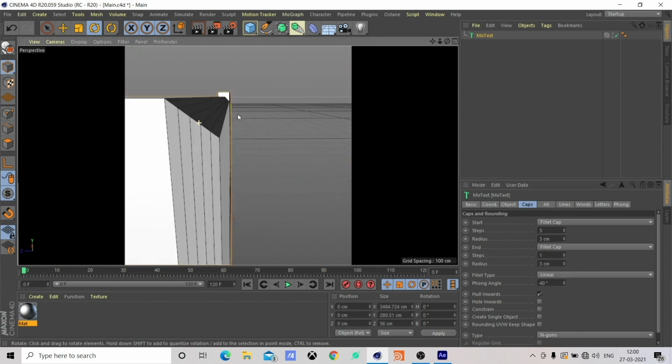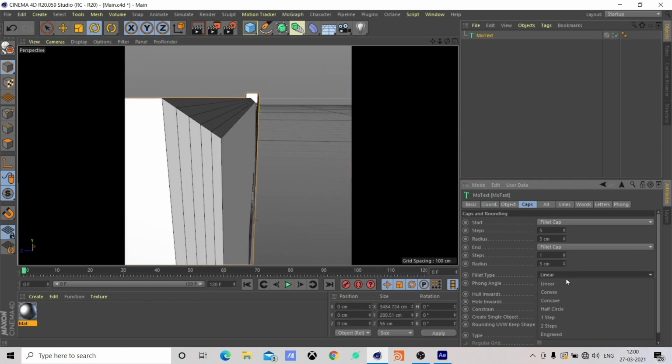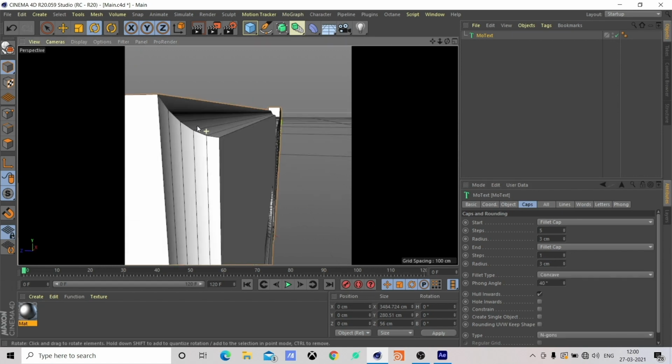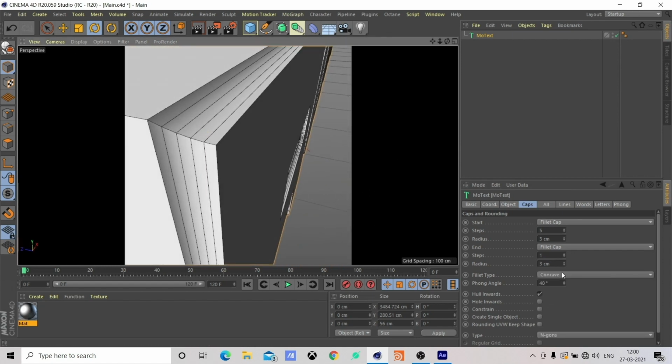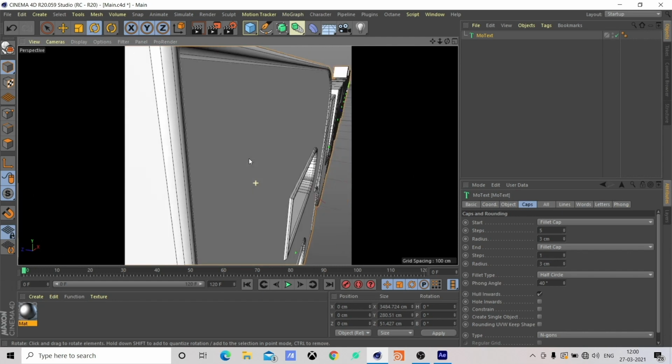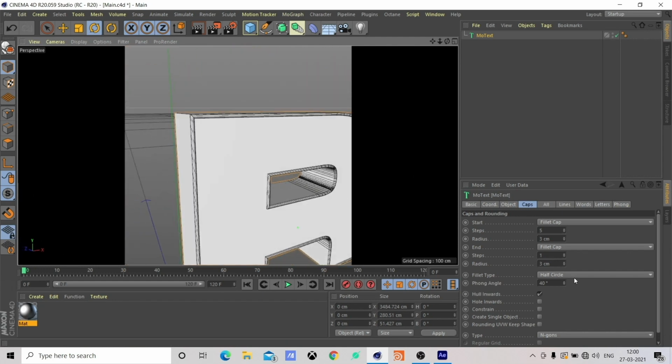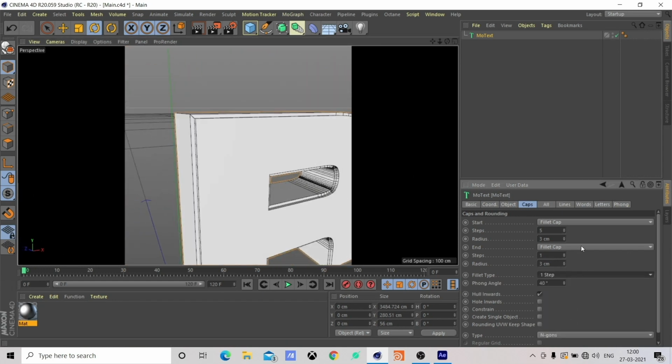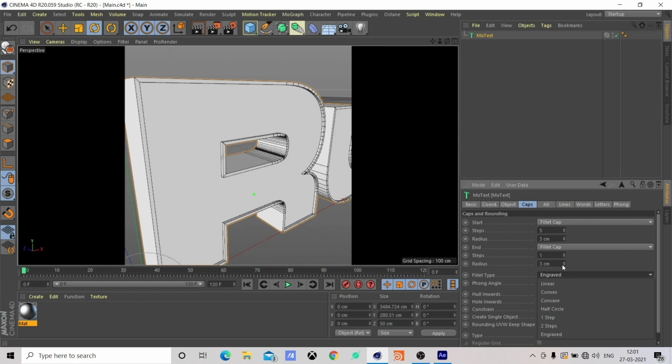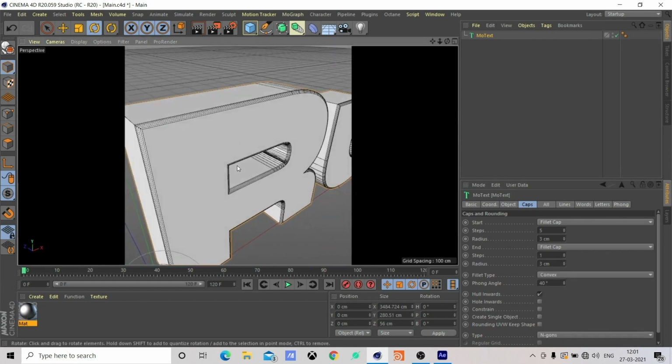It is a very hard cut. We have convex that we already saw. We have a concave one. Then we have a half circle. This is also interesting. Then we have a 1-step and 2-step and an engraved. So I am going to go for a convex one for now.